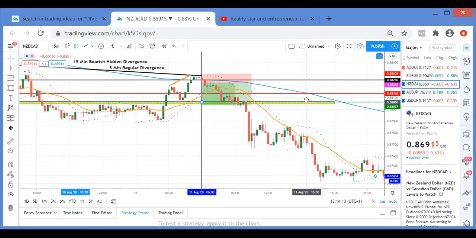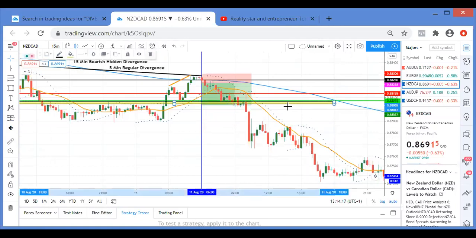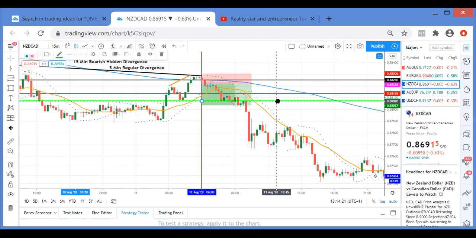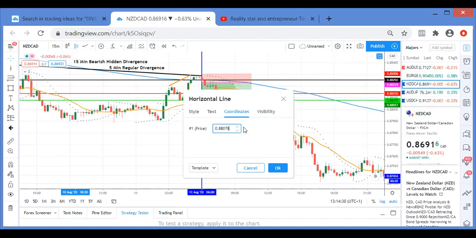But guys, to make it smoother, watch this. This is a little trick as well. So when I put my green line here, what am I looking for again? A quarter point. So this floor here, I go into my settings, and I'm looking for the nearest quarter point to this figure here, which is what?